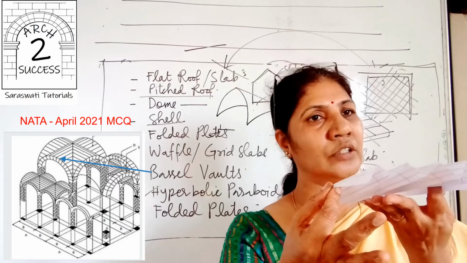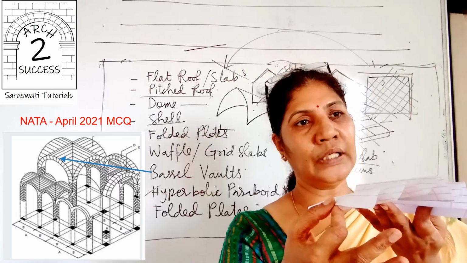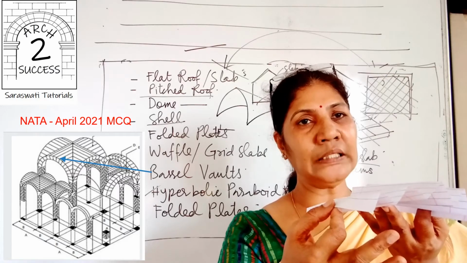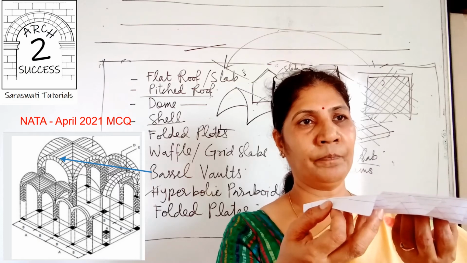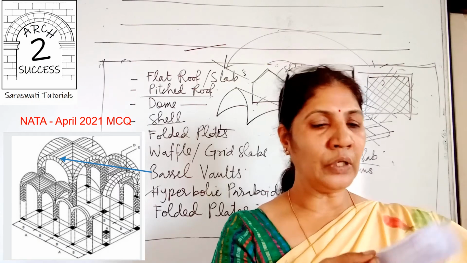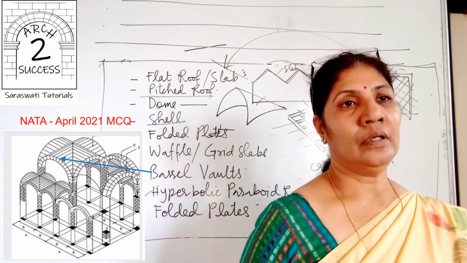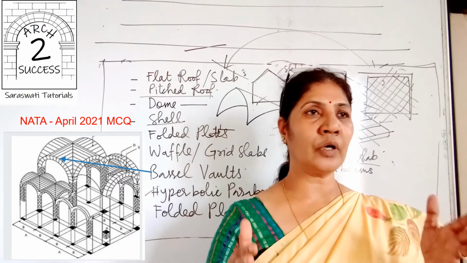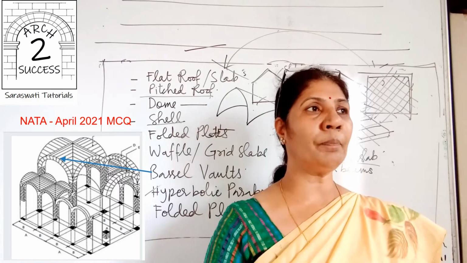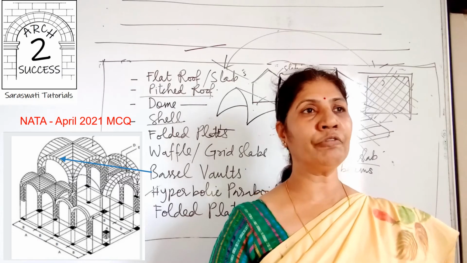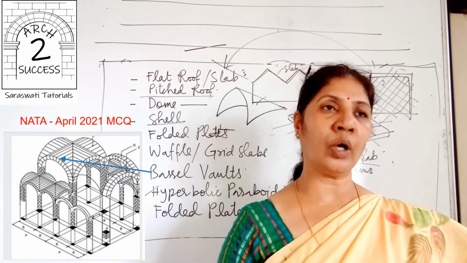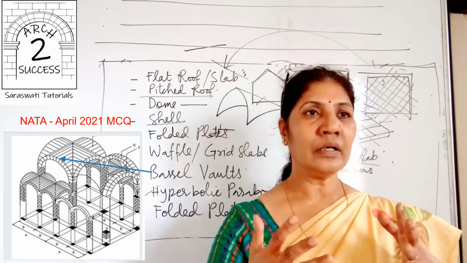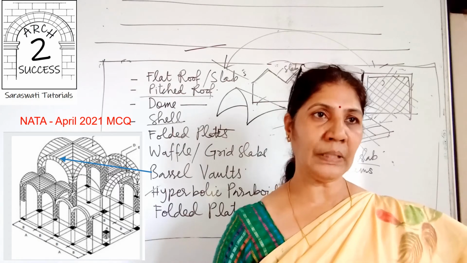Can you understand this concept? Let me know. Can you understand this concept? And the difference between a plain slab and this folded plate slab, right? So hopefully this example makes the picture clear that for big spaces, for huge spaces, instead of taking a plain slab, if we go for a folded plate kind of a roof or a slab, that would offer better strength and better rigidity as compared to a plain slab, right?